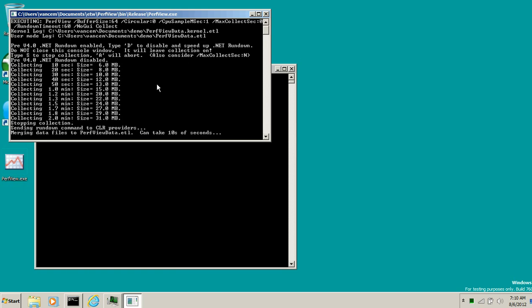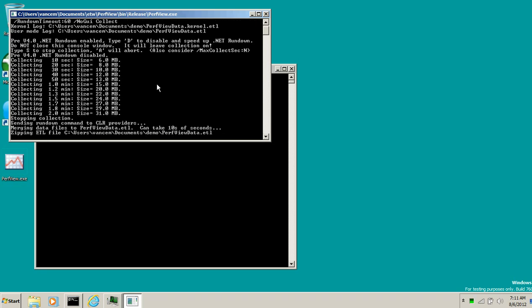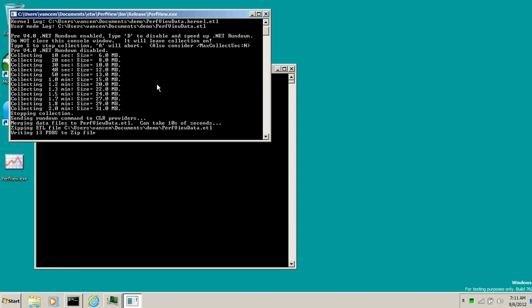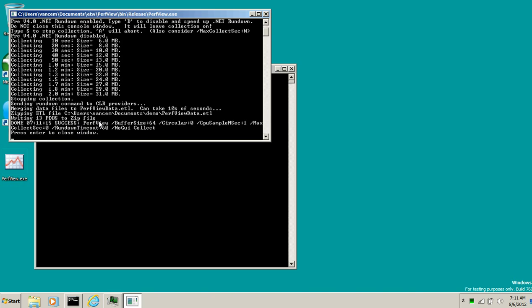Now, a difference between the GUI and the non-GUI versions of this command is that by default the GUI version assumes that you are going to analyze the data on the machine you collected the data on. That is, it doesn't do the zipping and the merging. But here you can see that in fact it did do the merging and now the zipping. And you can see it's taking a little while. This is why we don't do it by default in the GUI. But after, looks like 20, 30 seconds, something like that,